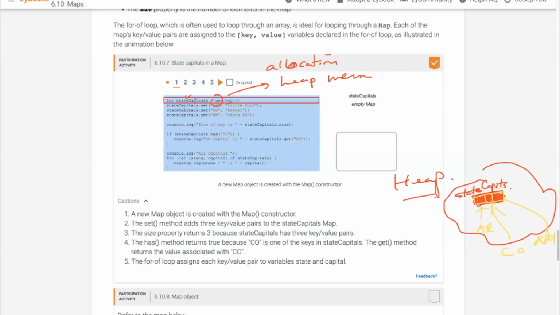Okay, and then you have the values in there. One of them is Little Rock, the second one is Denver. The third one is New Mexico, Santa Fe. So these are the values sitting inside of it. That's what happens here. So if you look at the second frame,